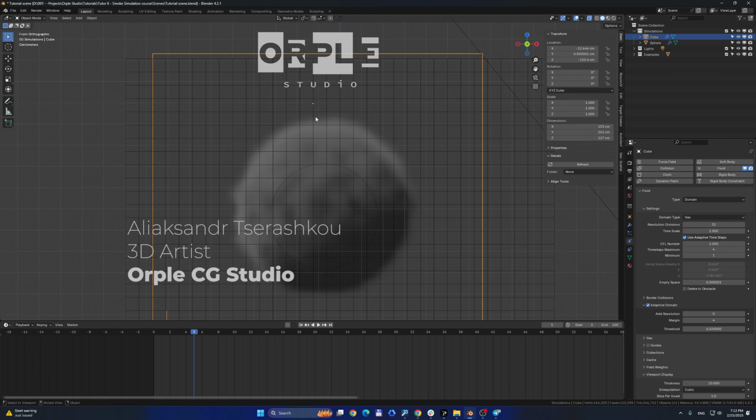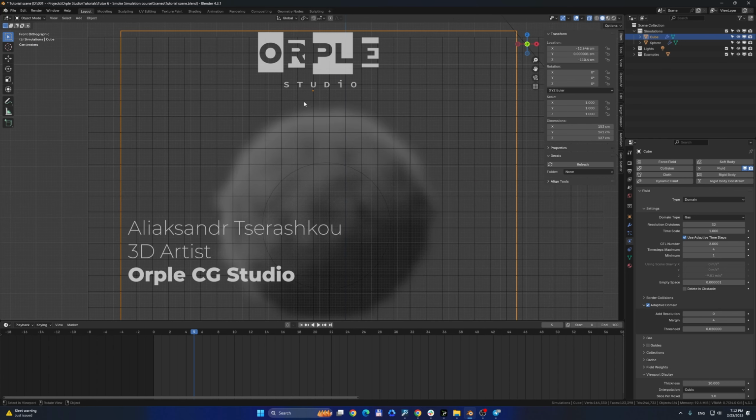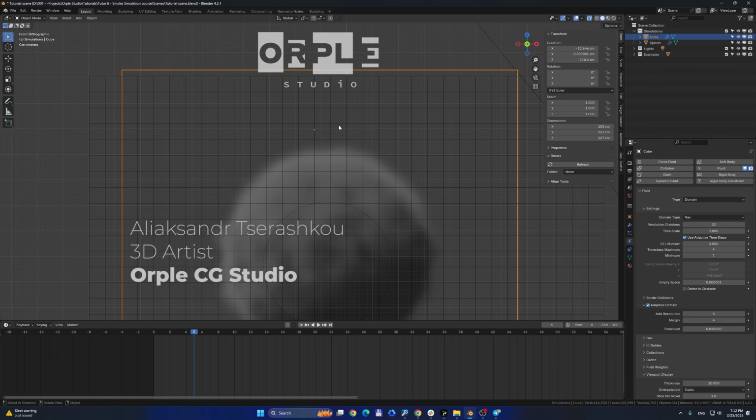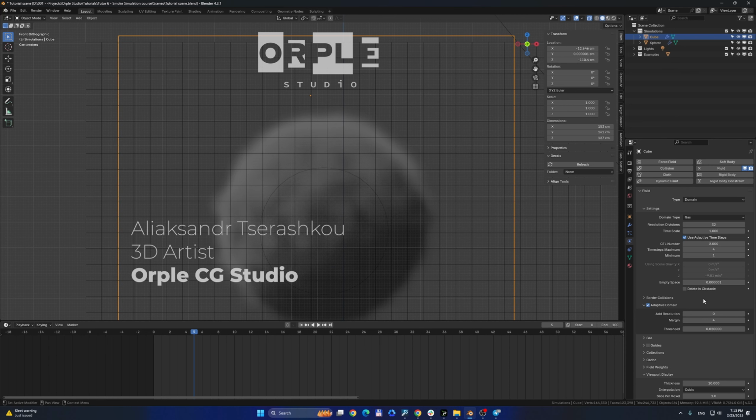So Blender calculates what the density of the smoke is in this voxel, and this, and this, and this, and if the density of the smoke is higher than this parameter. We have 1, 2, 3, 4. We have 4 voxels here, margin,